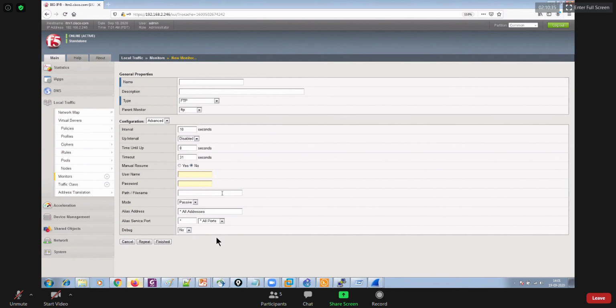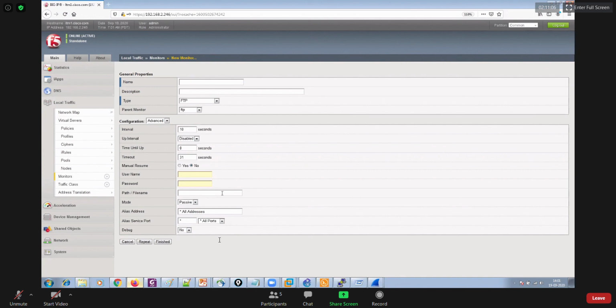What will my BigIP do is that it will generate an FTP request to download this file from this FTP server using the path you define over here. If your BigIP is able to download that file, all good. If not, I should remove that pool member from the pool because it does not have the necessary FTP data available. So that's how it will work. That's how you can create the interactive monitor.